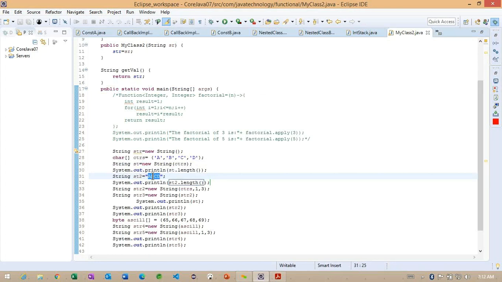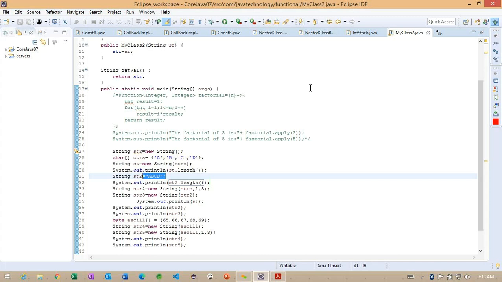Getting the point. Now, whenever we create an object using the constructor or using the literal concept, what happens internally? Inside the heap memory, we have another memory called the string pool. So one more memory, the string pool, is available in the heap memory. Whenever we create any object using either the constructor or the literal concept, the objects are created inside the string pool.